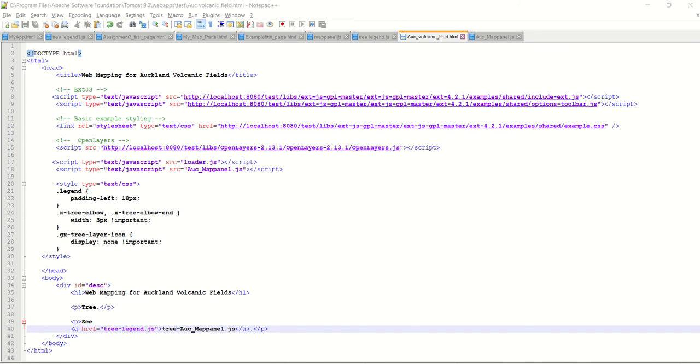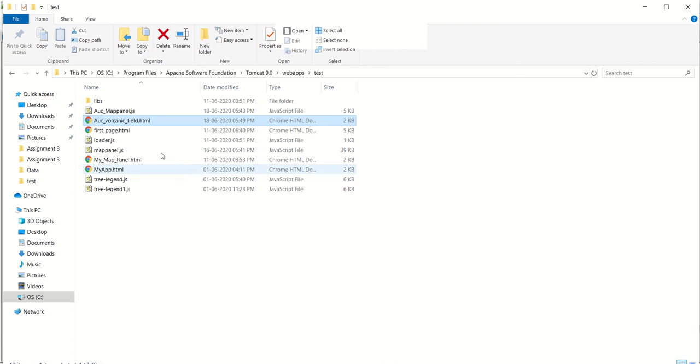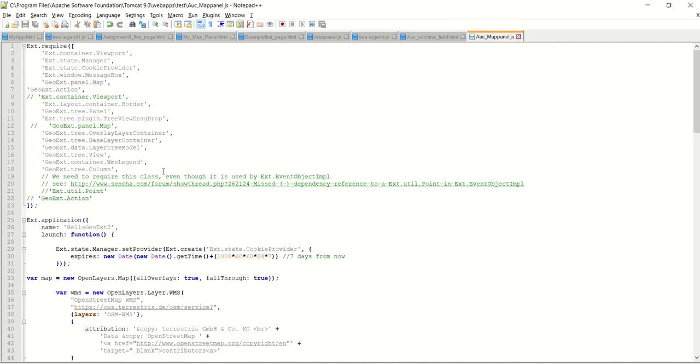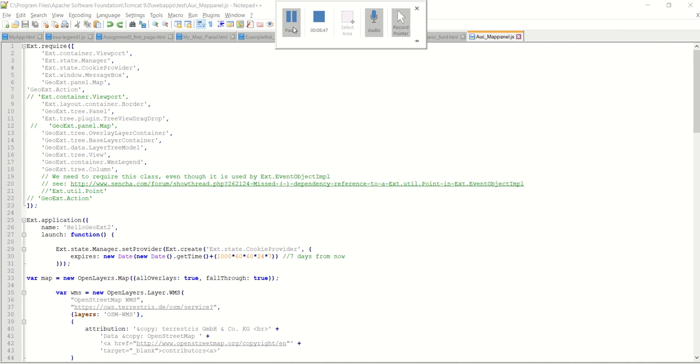So again go to the folder and right click, edit with Notepad. In Auckland map panel, first we have declared all the extensions.